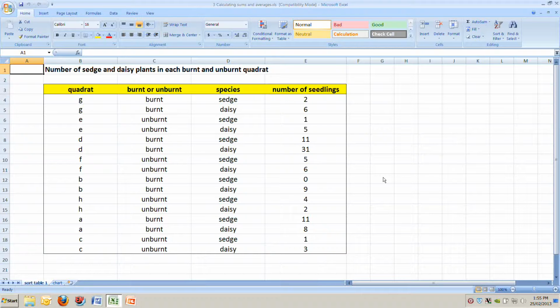G'day everybody, welcome to the next video on how to use Excel. In this one we're going to show you how to calculate sums and averages. We're going to build on the skills you've learnt in the previous videos, so if you haven't already looked at